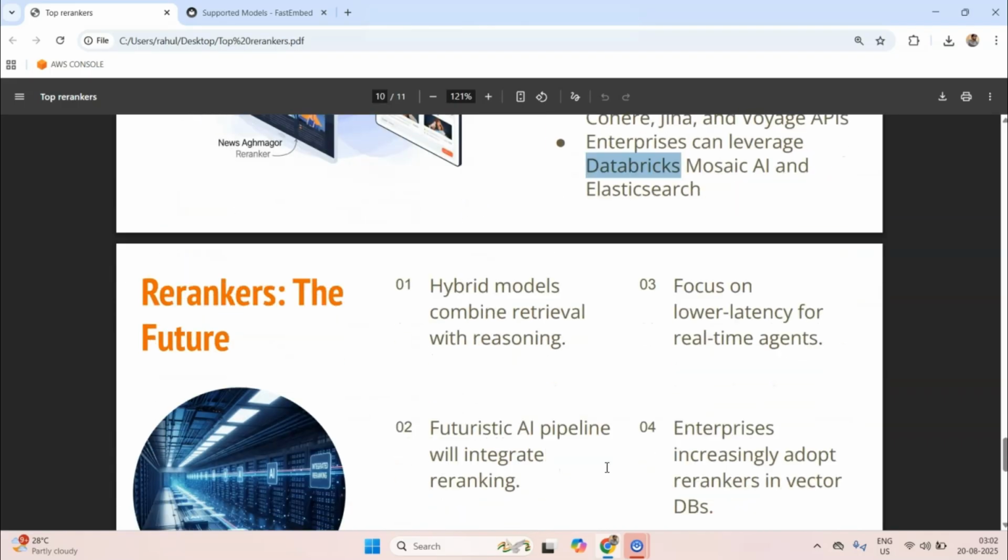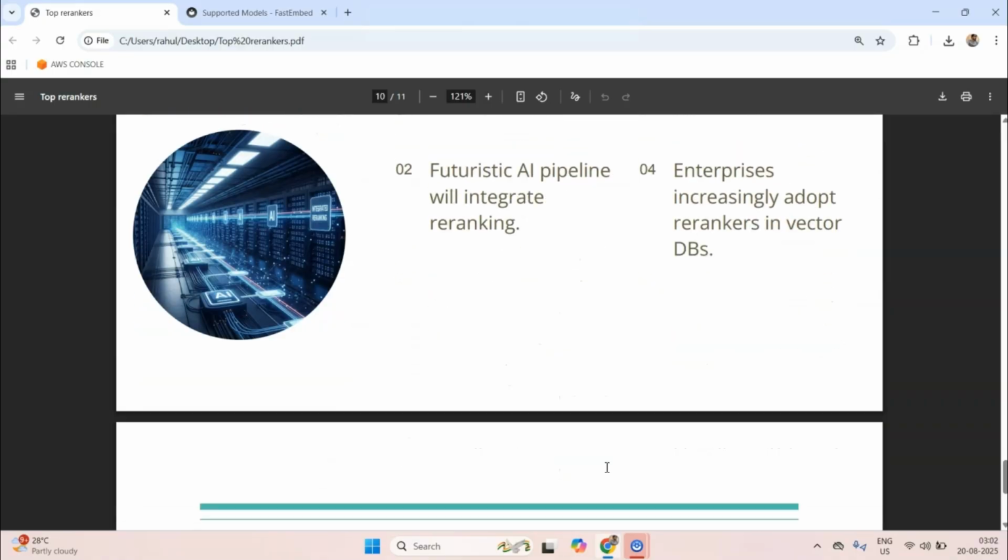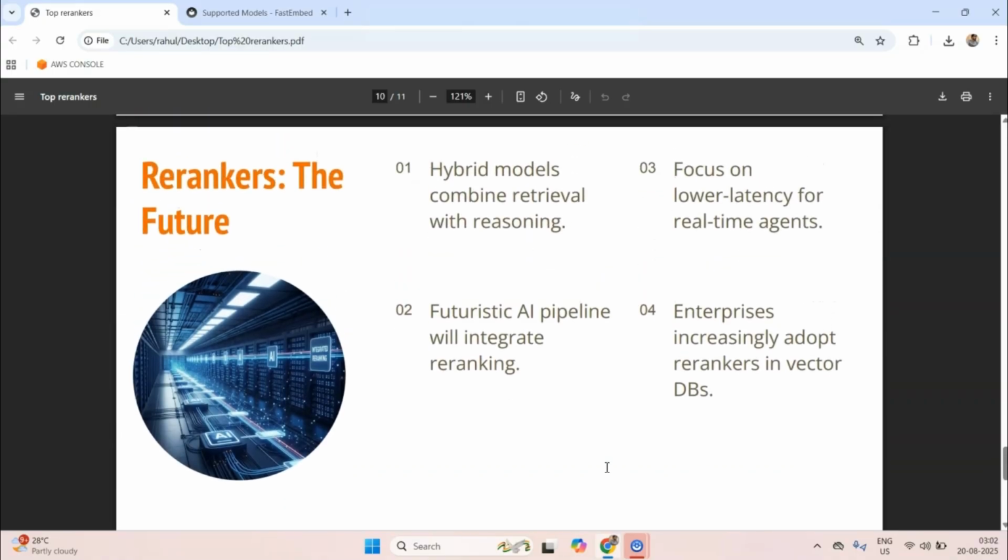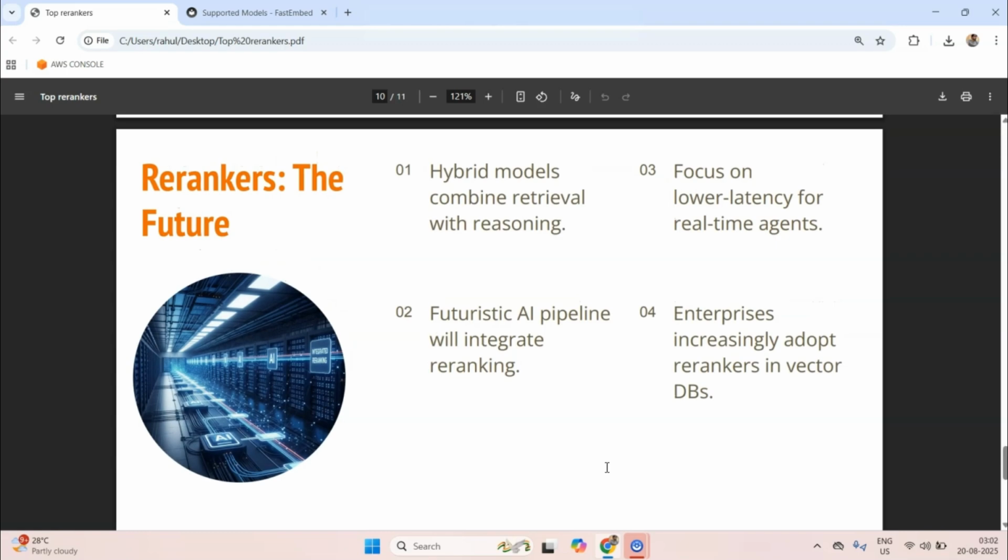Now finally, what is the future like for re-rankers? Looking ahead, re-rankers will only get more important, because this is a very important task, right? To pass the relevant context to the LLM for the generation part. Because if we are not succeeding in this step, whatever the LLM is going to generate can't be trusted, right?